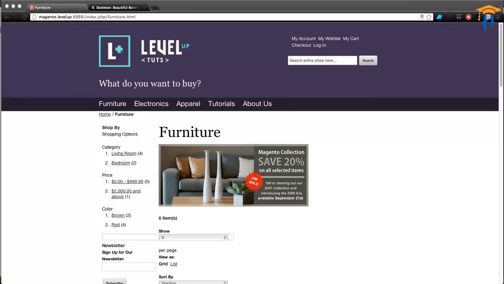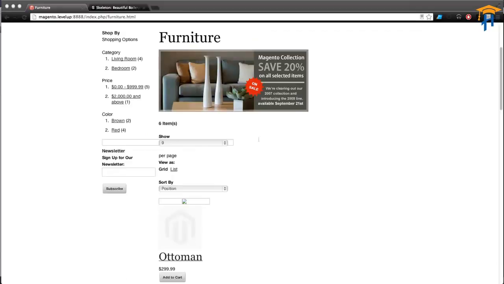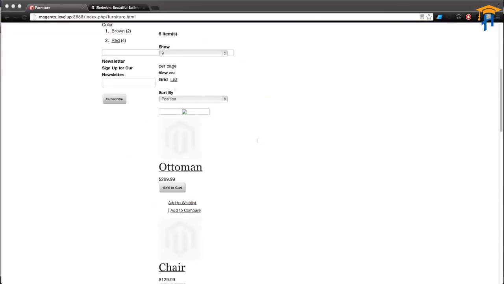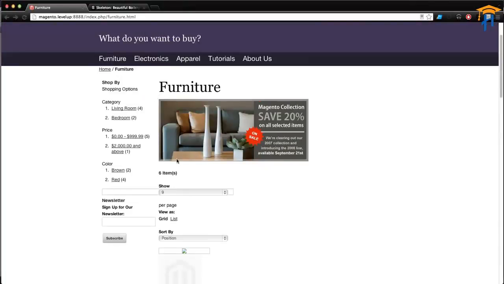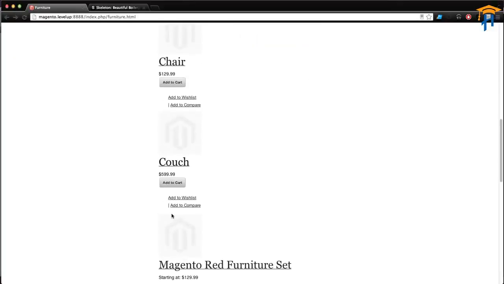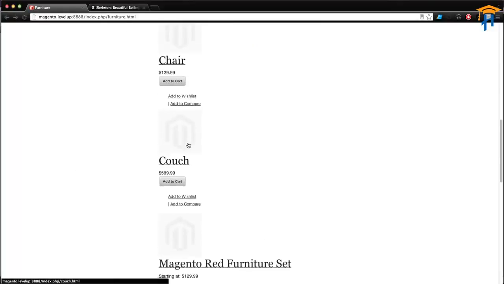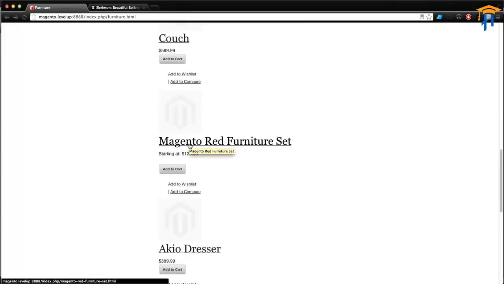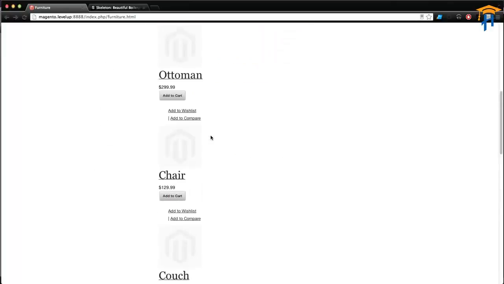Today we're going to work on our product grid for our Magento Level Up site, and if you noticed before, this page is looking kind of sad. We have these nice default form styles that are looking pretty good, but some of the stuff is just totally weird. All the products are in a straight line here, and they have really no styling. So I think what we should do is use Skeleton to our advantage and add each of these items to